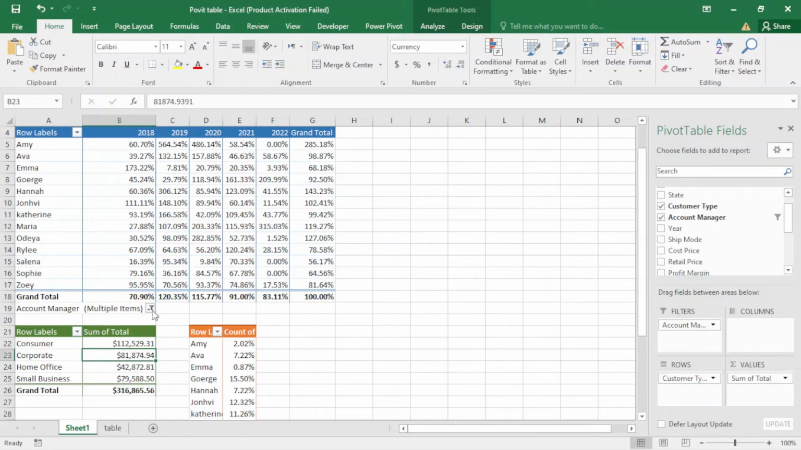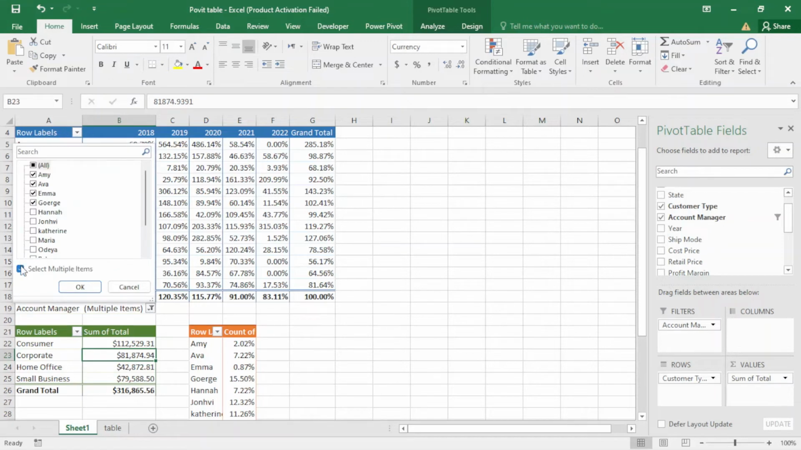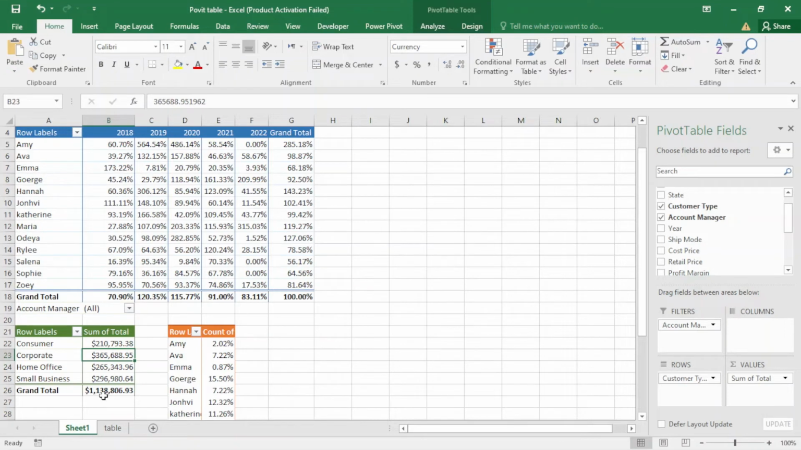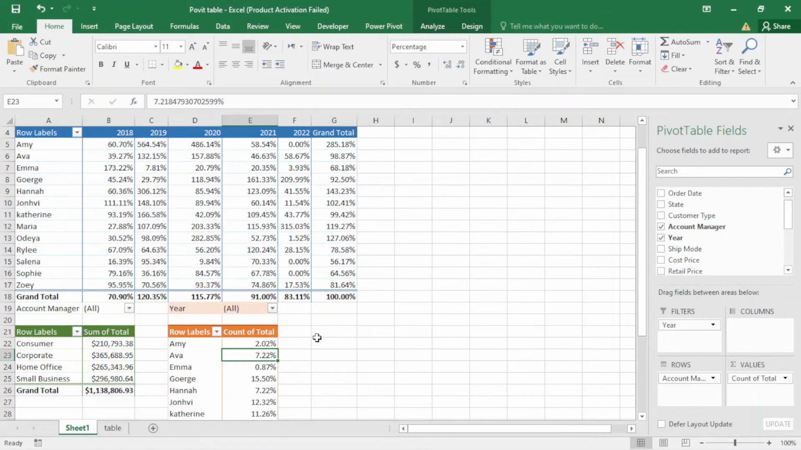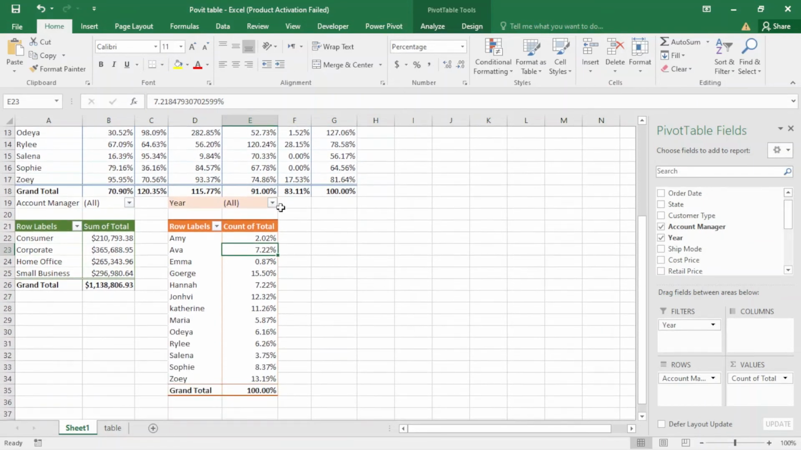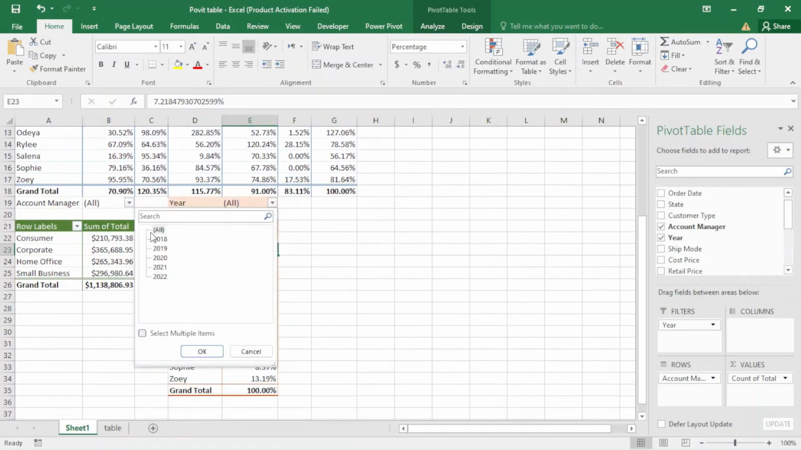And when I come here and remove this, check all of these, okay, you can see I have more than 1 million. And here if I want to apply filter, I want to apply by year. Just drag this here. You can see I have year here, and when I come here and I just need